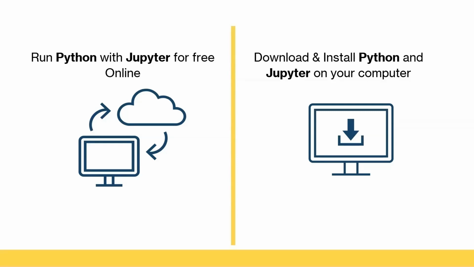Let's start with the free online resource. To access it, you will go to the Jupyter website. I think this is the easiest option, and it's from the same organization that made Jupyter, so it will be as close as it gets to the downloaded version. Let's get started. Oh wait, actually, before we go, if you would rather just install on your computer, we have chapters in this video, so you can skip to that section directly on the video or in the description box. Okay, let's get started again.